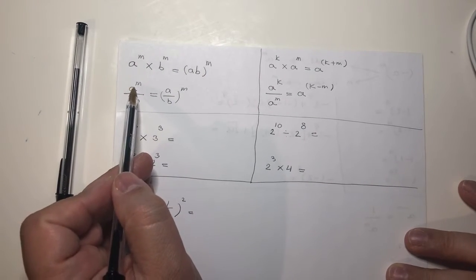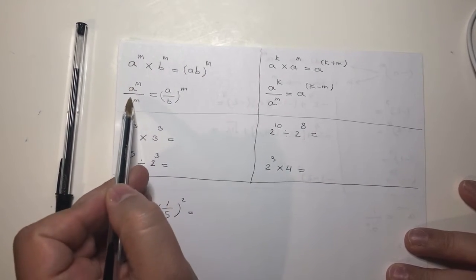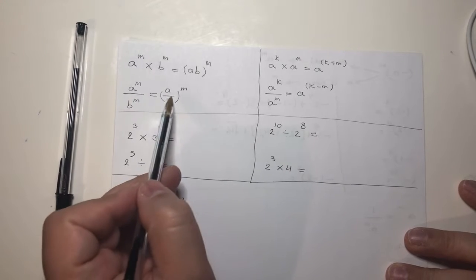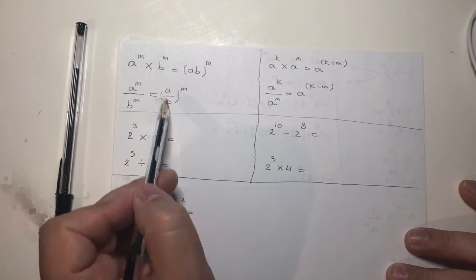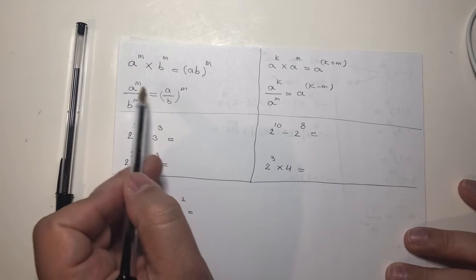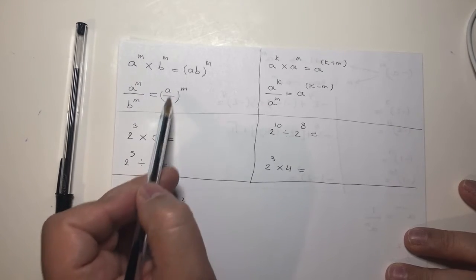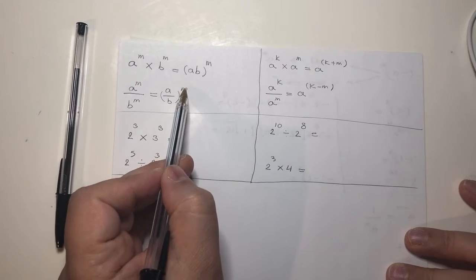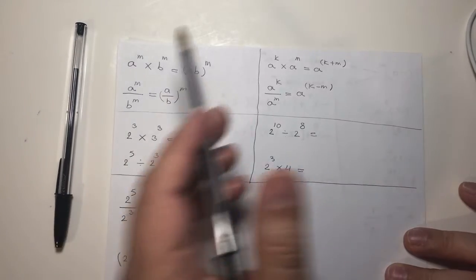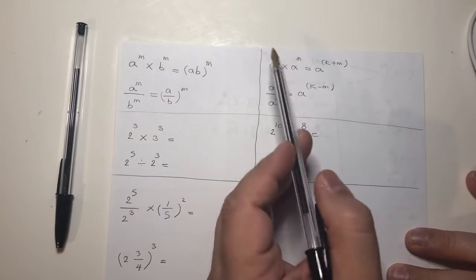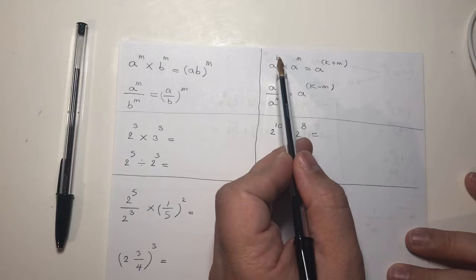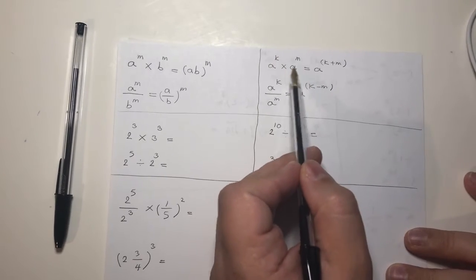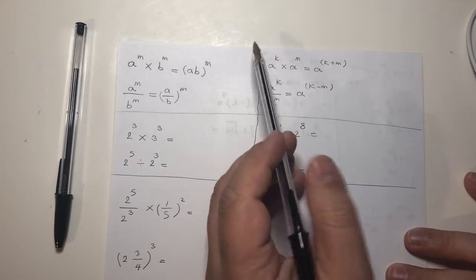When we want to divide them, essentially we do the same thing. We divide the integers a and b and we use one of the exponents as the overall exponent of this fraction. When we have the case where the exponents are different but the numbers are the same, what we do is we use one of these numbers,